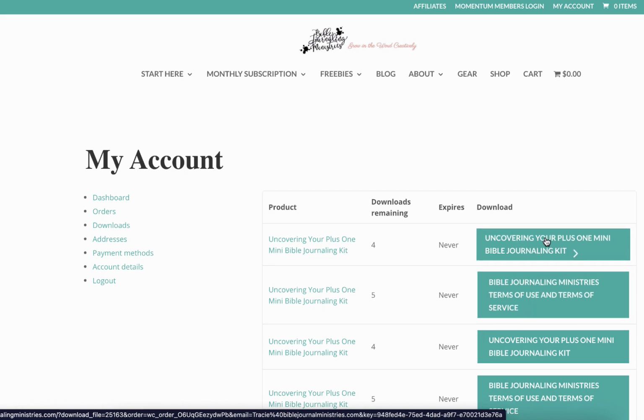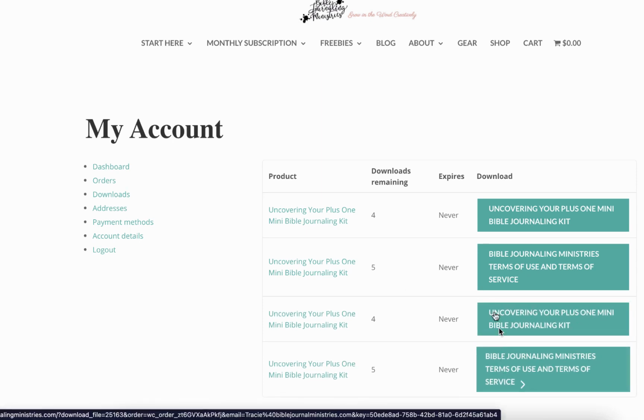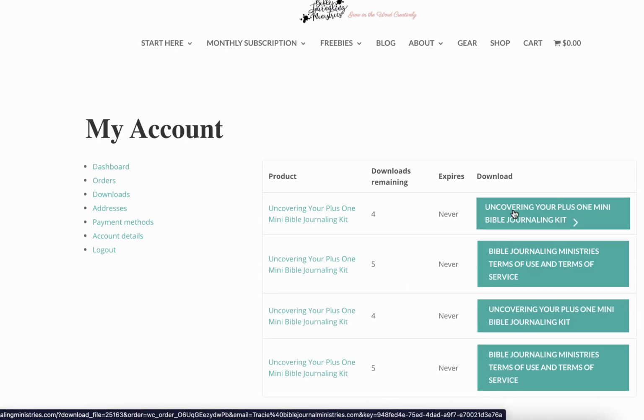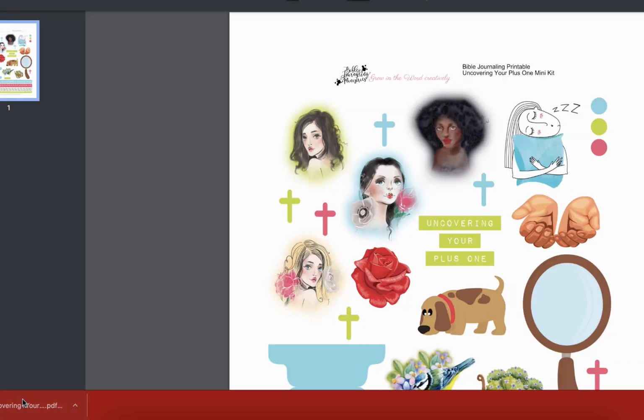And then you can also download any of your purchased items. I've actually done this tutorial twice already, so I have a couple other ones here as well. So this is the place where you just click that button that says download, and then you can download whatever you ordered, see it, print it out on sticker paper, and just have a lot of fun growing